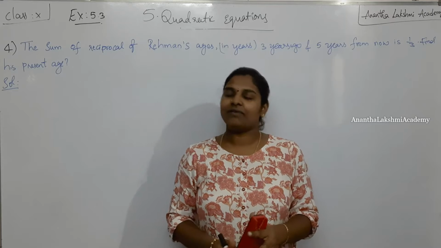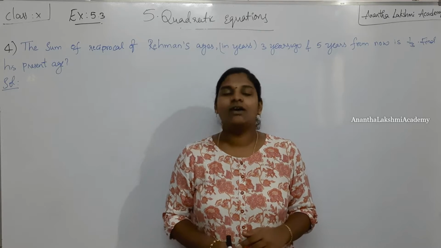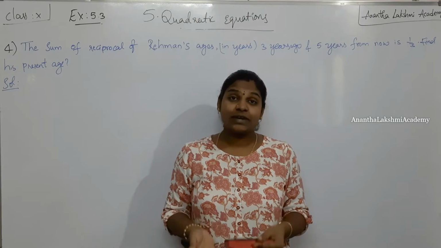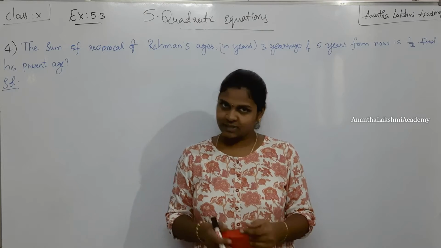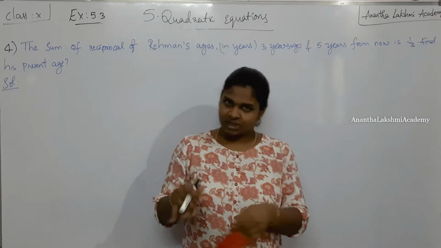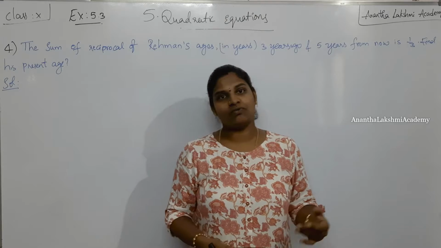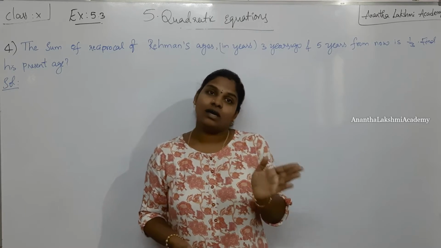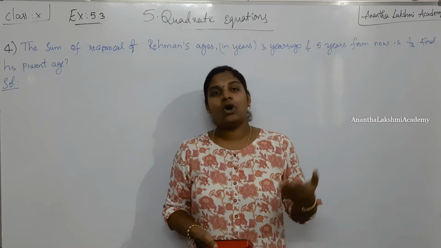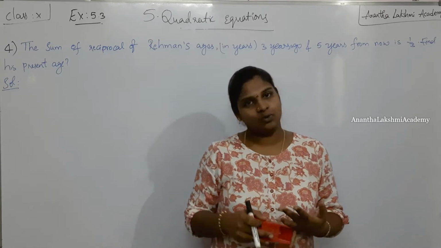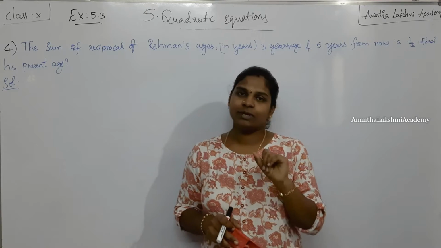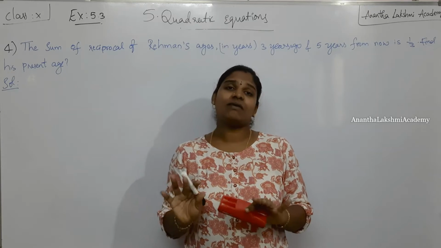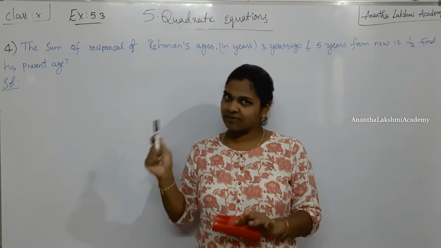Today we are going to discuss the verbal problems of exercise 5.3. Even before this, we have covered the introduction of quadratic equations, followed by exercise 5.1 and solving quadratic equations by using factorization, followed by exercise 5.2. Just before this video, we covered the completing the square method, how to figure out the factors using the completing the square method. Also, we figured out the nature of the roots depending upon the discriminant value, which is nothing but b square minus 4ac. In the last session, we covered only the first and second problems of exercise 5.3.